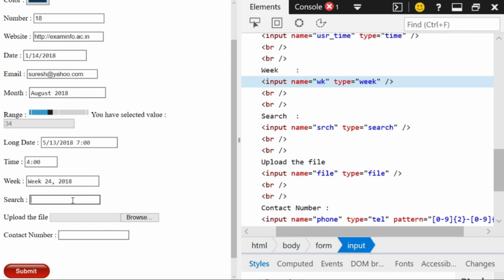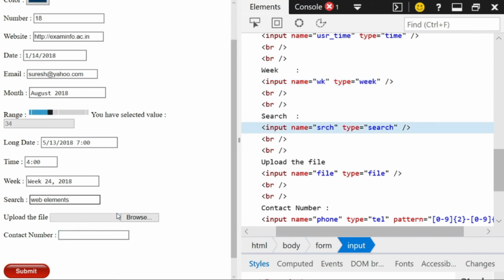So the moment I type something here, suppose I type web elements, and I click on submit, then it gives me the searched list from the web. Now this search can be done by using input type equal to search.